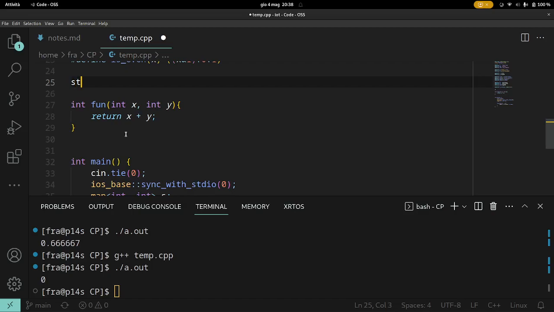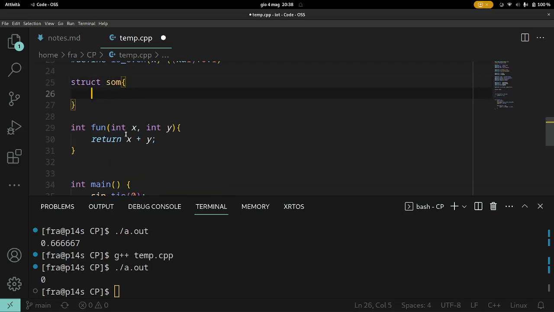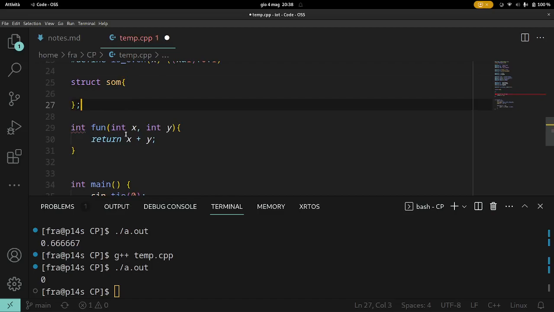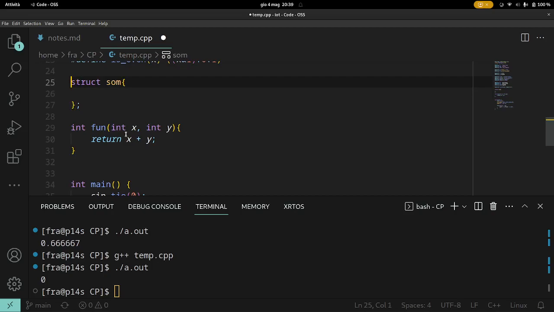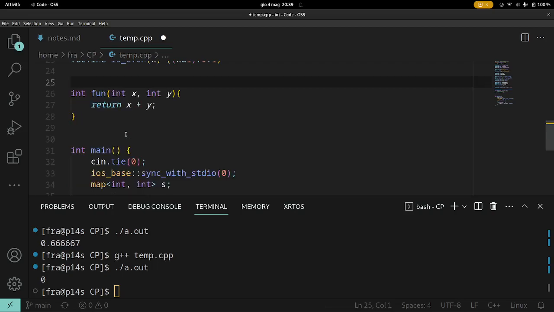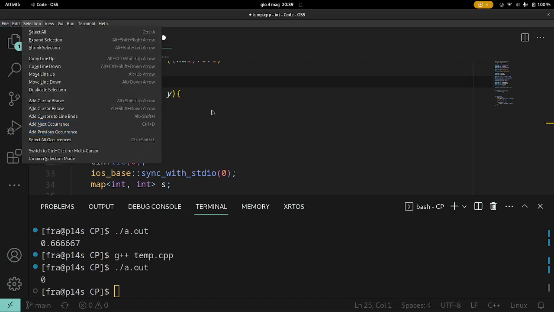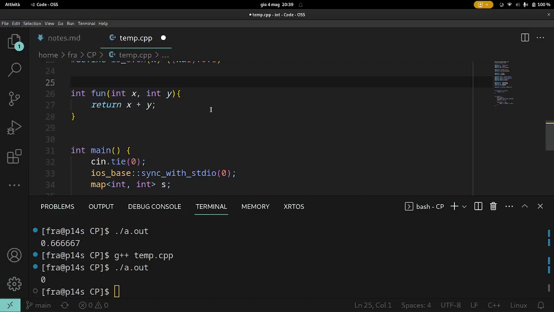Of course, there is also struct, which is the same as in C, more or less. It changes in that you don't have to use a typedef to avoid writing it. I don't use them a lot, but you can also use classes, but these are more advanced and not important. These are more like the basics for today. There are some other things that you can learn, like classes, struct, and other things like that, but they are not that useful for now. I think you already know what you need.